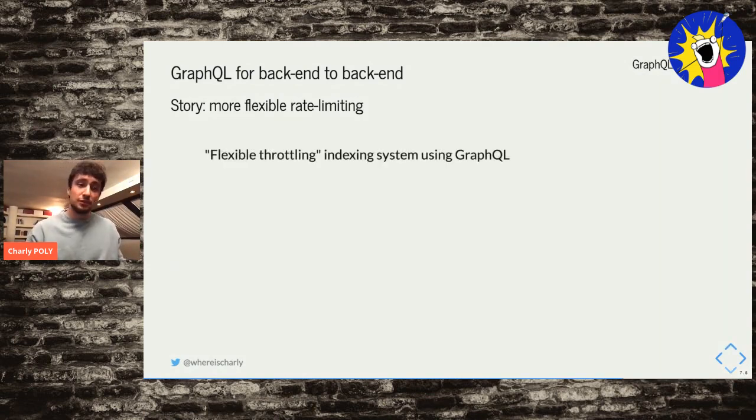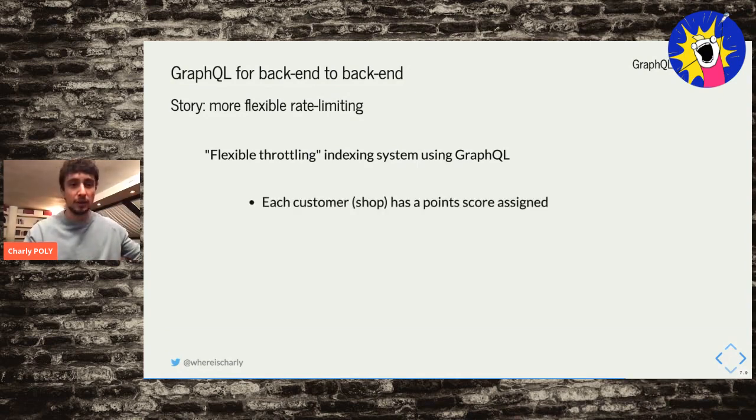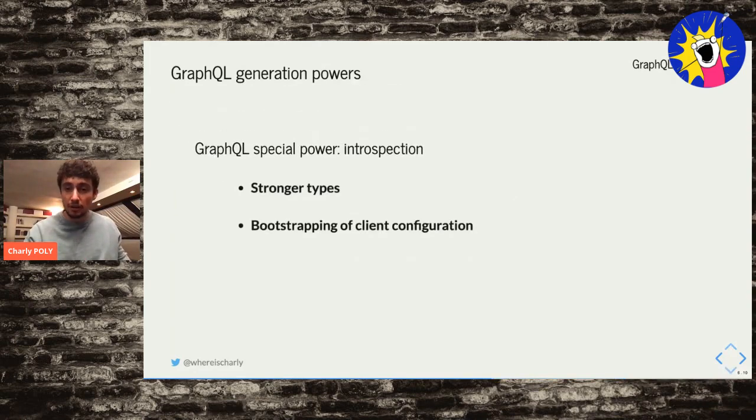So this for us was very, very insightful, because we were able to build what we call the flexible throttling indexing system using this GraphQL API. And the algorithm in the big line was the following. For each customer, we add the number of points assigned. We'd add a maximum, for example, as we saw, of